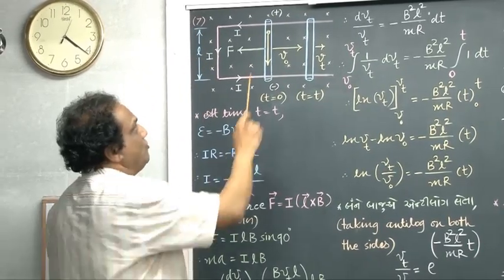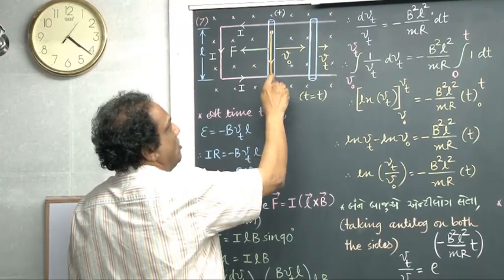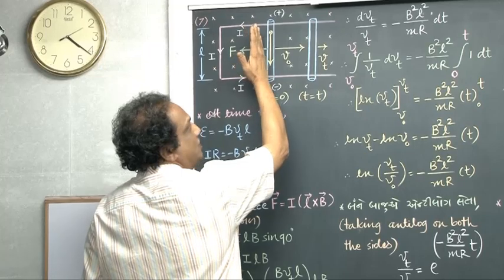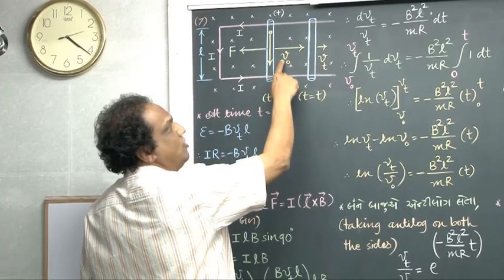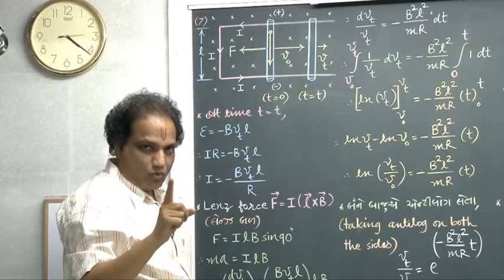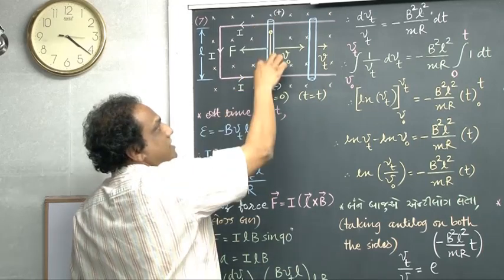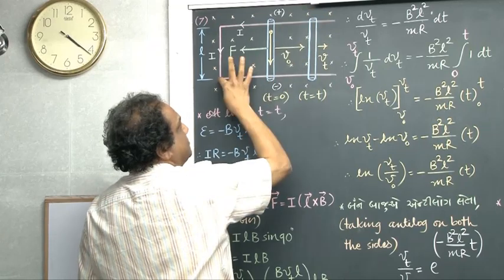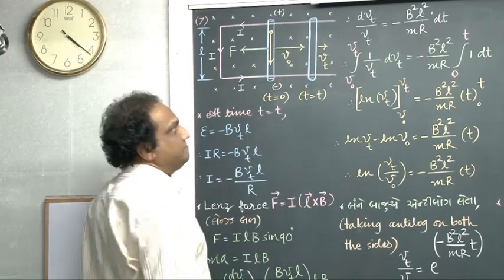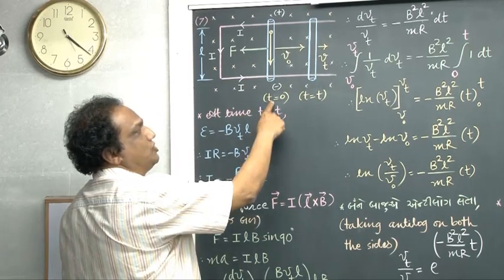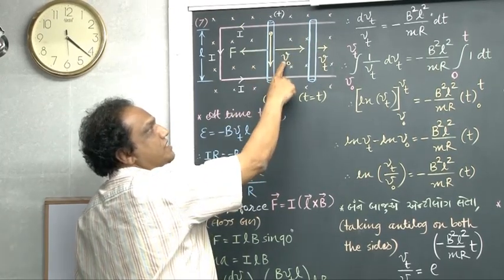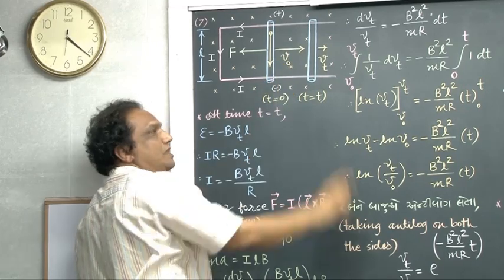We have one conducting rod which is set into motion towards the right hand side with constant velocity v0. This rod is in physical contact with these two arms. Okay, fine. At time t equal to 0, we have pushed this rod with initial velocity, say v0, and here